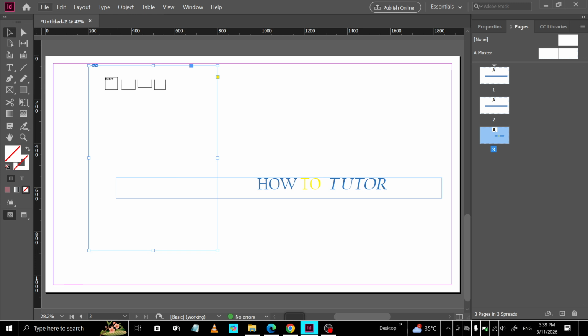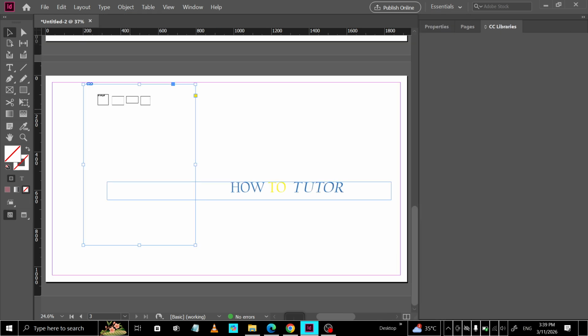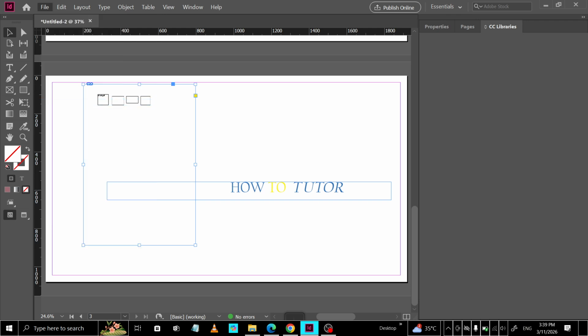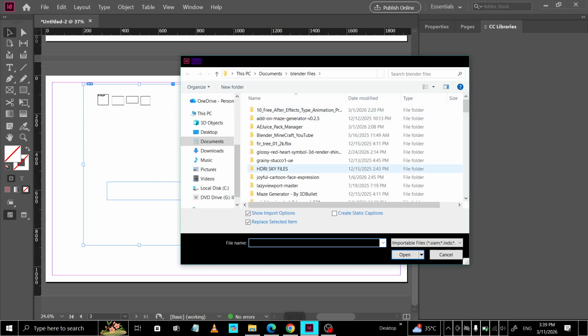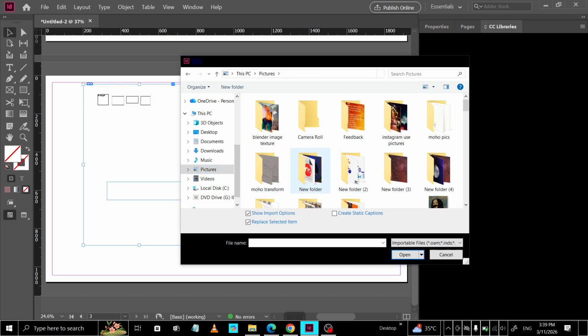Start by making sure the frame that holds your current image is selected. Choose the selection tool, the black arrow in the tools panel, and click once directly on the image frame. You'll know the frame is selected when you see the bounding box around the edges of the frame itself, not a separate outline around just the image. This matters because telling InDesign you want to act on the frame ensures the content inside can be replaced in